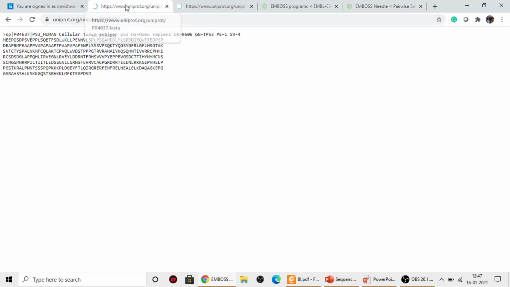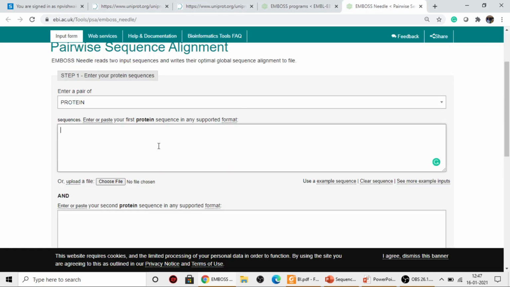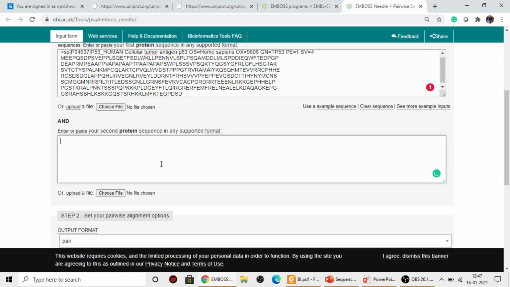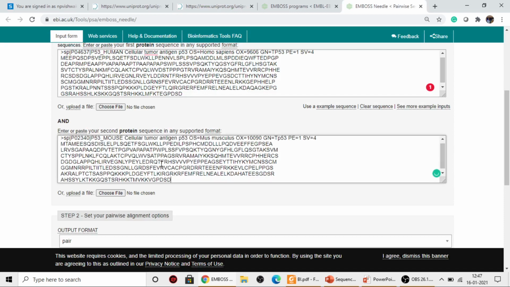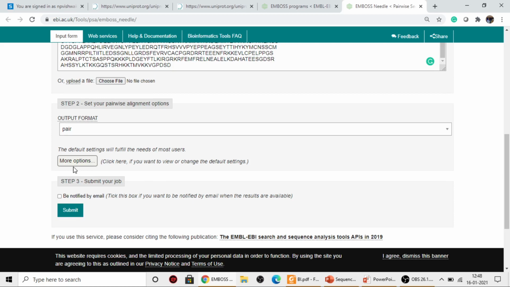So here I have two sequences, one of human p53 protein sequence. I simply copy and paste it in one window, and the mouse protein sequence I can copy and paste in another window. Very simple. Now, what next can I do? Simply we keep all the things by default.